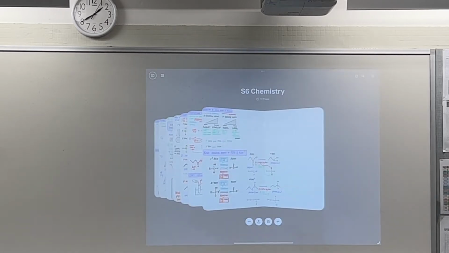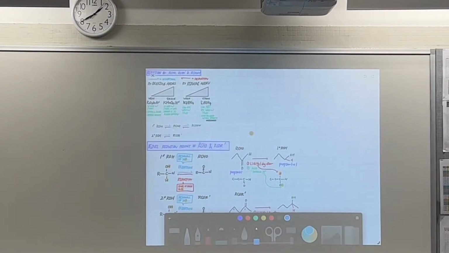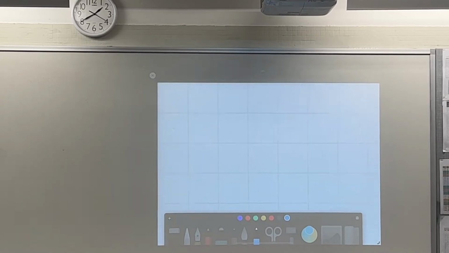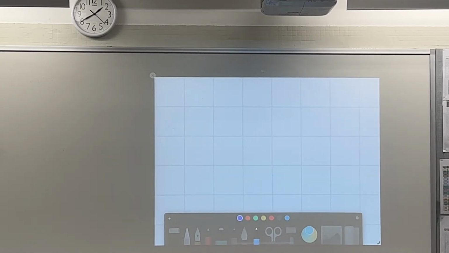Well, yesterday we stopped here on the reduction of the aldehyde and ketone. So today we will pick up from the carboxylic acid part, and then we will look at the various reactions of carboxylic acid. So let's put this in here. Yeah, so the reactions of